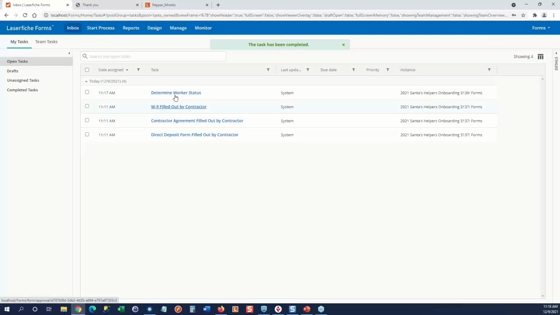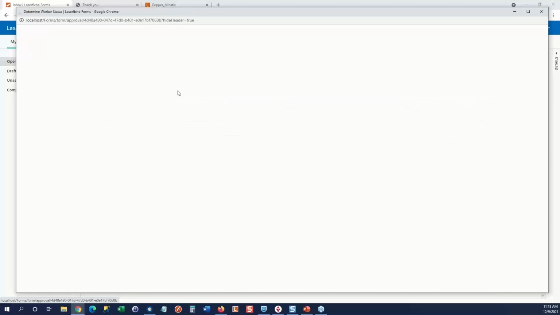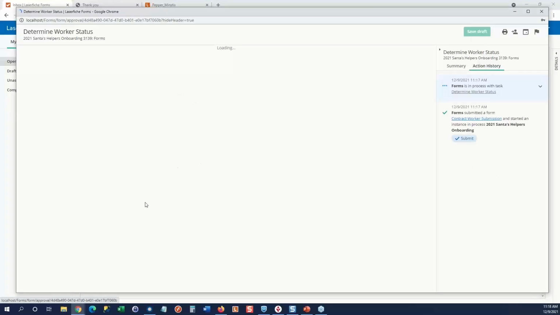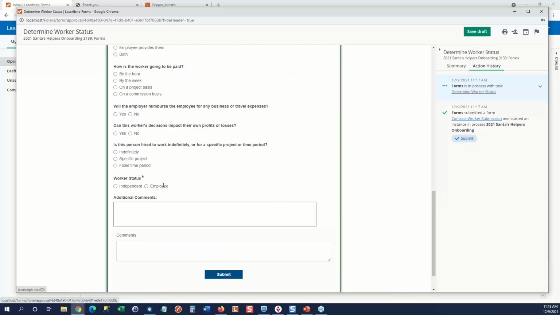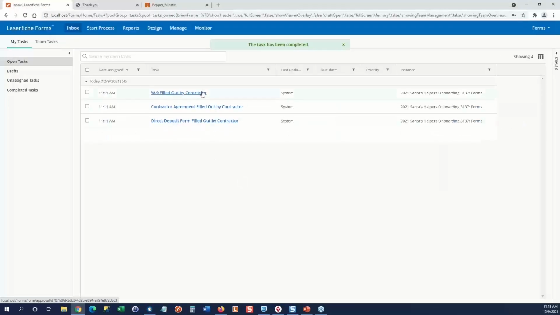The HR department might get a determine worker status form. Need to figure out if they're an independent contractor or an employee. All the main information is replicated here. We'll choose independent contractor in this case, and HR submits that. And as we can see, we've got some other